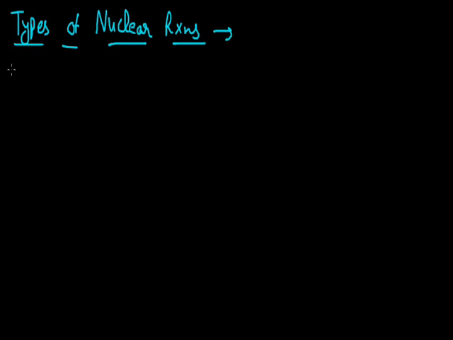Last time we dealt with the properties of nuclear reactions, and today we will be dealing with the different types of nuclear reactions. Basically, all nuclear reactions are divided into 5 categories, and the very first of these is termed the projectile capture reaction. So here we will be dealing with the very first kind of nuclear reaction, that is termed projectile capture reaction.